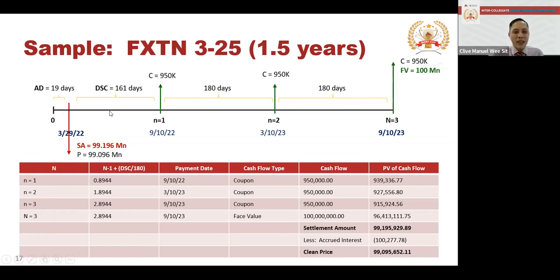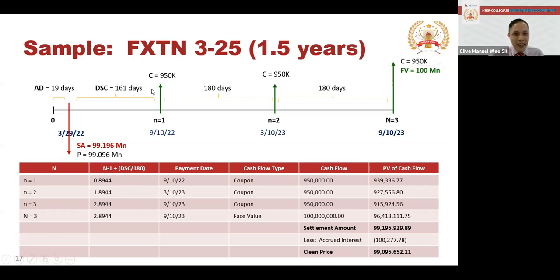And there are 161 days until the next coupon date. All right. So if you consider this, and this is that part of the formula I was talking about a while ago, the n minus 1 plus DSC over 180, your exponent for your first cash flow, which is this one, becomes fractional. It's 0.8944 because it's 1 minus 1 plus 161 over 180,